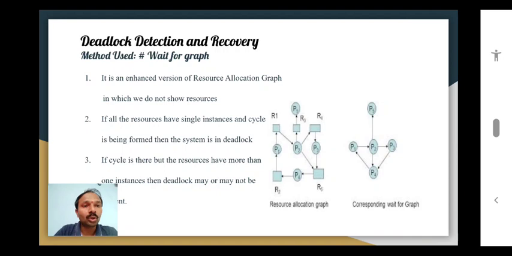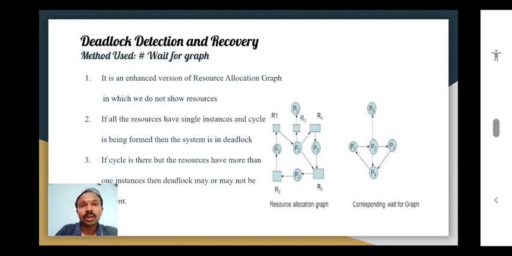Now in this resource allocation graph, we are observing that P1 is connected with a resource R1. Resource R1 is connected with a process P2. Process P2 is connected with resource R3. Resource R3 is connected with process P5, and so on. So processes and resources are connected with each other, and the resources are held by the processes. This is the scenario in this resource allocation graph, and this is the first scenario which is generally observed when we are talking about operating systems.